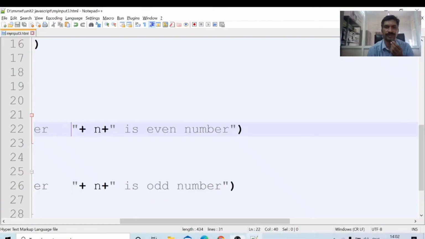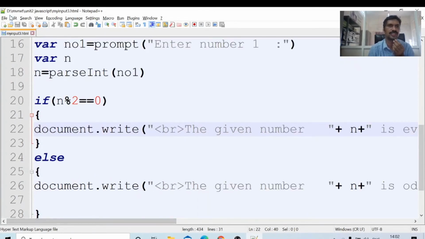Now we will see the JavaScript program, how to print the multiplication table for the given number. First we have to read the number. I am just changing this program only. All the structure is the same.